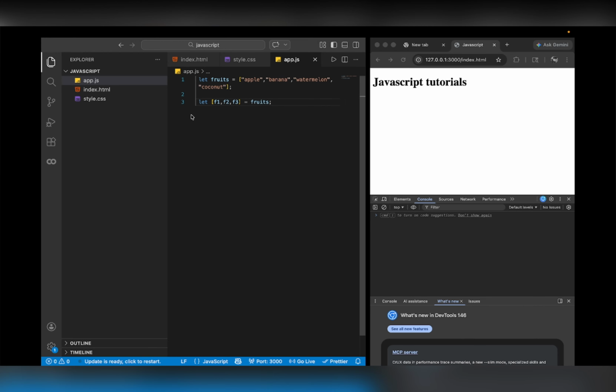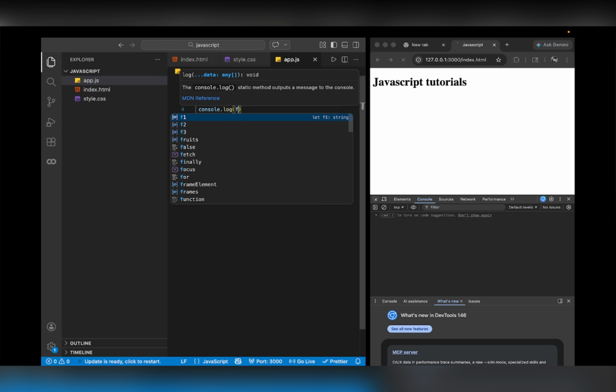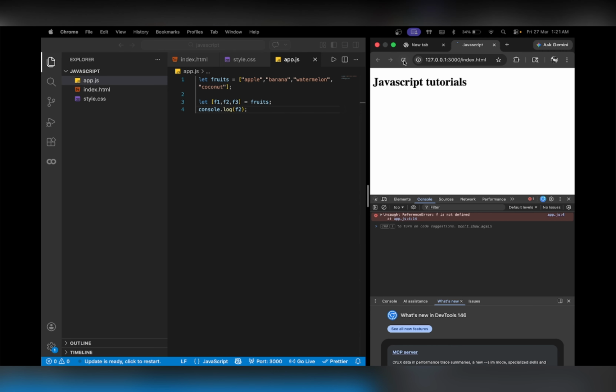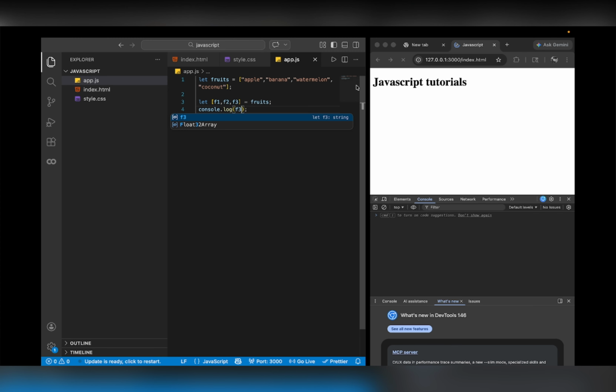इसमें हम लोग को ये ध्यान देने वाली बात है कि अगर F1 करेंगे तो फर्स्ट जो 0 इंडेक्स पे डेटा होगा वो असाइन होगा। सेकंड पे करेंगे तो फर्स्ट इंडेक्स वाला असाइन होगा, थर्ड पे करेंगे तो सेकंड इंडेक्स वाला असाइन होगा। हम इसे कंसोल लॉग करके वेरीफाई कर सकते हैं। F1 करें तो एप्पल आया, सही है। F2 करें तो बनाना आया और F3 करने पे वाटरमेलन आ गया। हम लोग ऐसे भी कर सकते हैं कि लेट्स से एप्पल चाहिए, बनाना चाहिए लेकिन वाटरमेलन नहीं चाहिए। तो हम यहाँ पे एक एक्स्ट्रा कॉमा लगा देंगे तो ये हो जाएगा। सी, F3 अब करने पे कोकोनट आ रहा है।